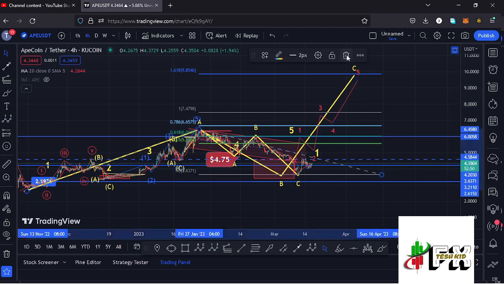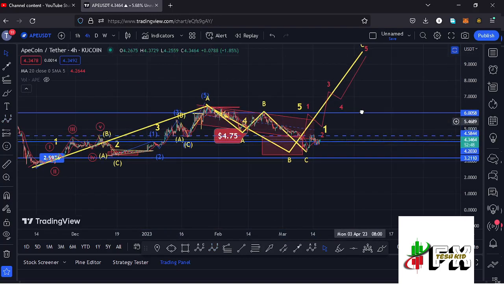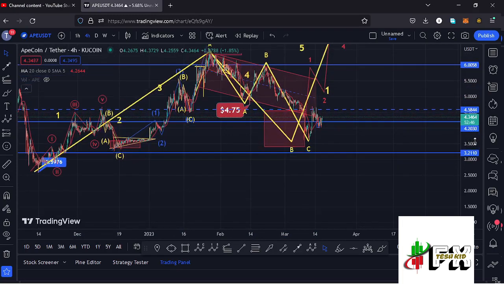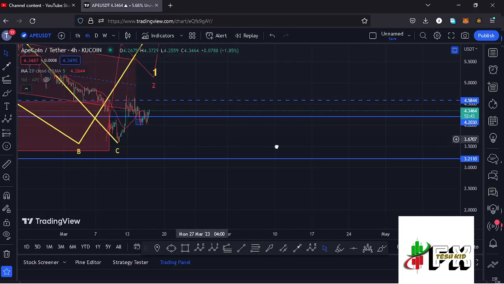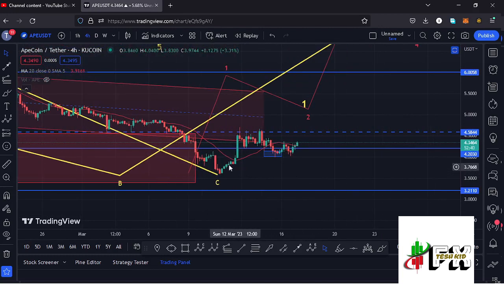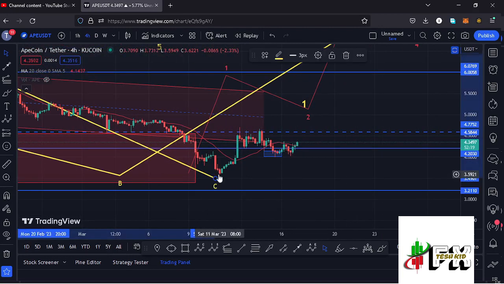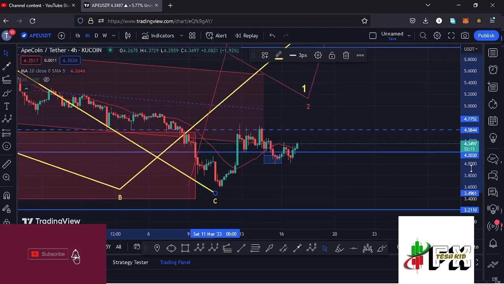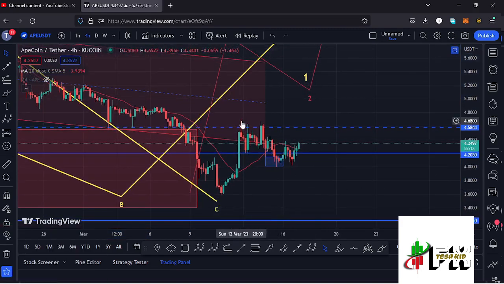And I believe we are seeing such a scenario, that is a microwave within the formation of that wave C to the upper side, and that is better seen if I zoom in here on the charts, where you can see that after bottoming out in the formation of that wave 2, in that low that we made at around the $3.5921 mark, we started this massive run up to the upper side in a move that gave us a peak at around the